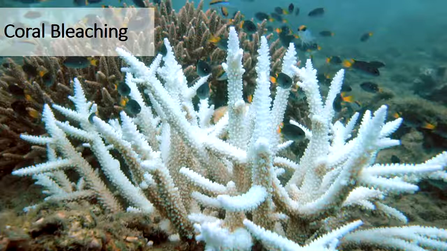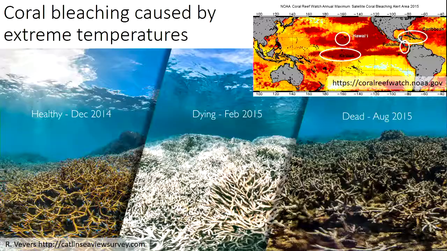There are particular sets of environmental conditions where corals get a little bit unhappy with these algae living inside them, and they go, get out. The coral is still alive, it's still fine, but it has ejected these symbiotic algae, so it appears to be white. Well, they are white, because they've ejected these coloured algae. And one of the reasons that corals bleach is